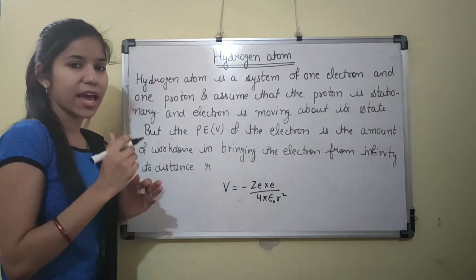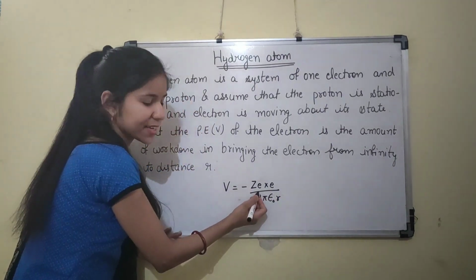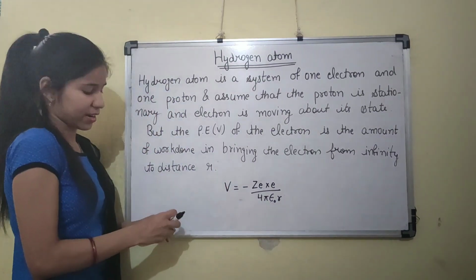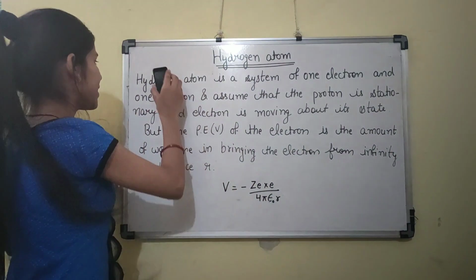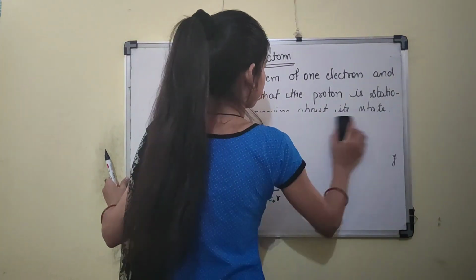So the potential energy is given by V equals minus Ze squared divided by 4 pi epsilon naught r. The Schrödinger wave equation for a three-dimensional box is given by